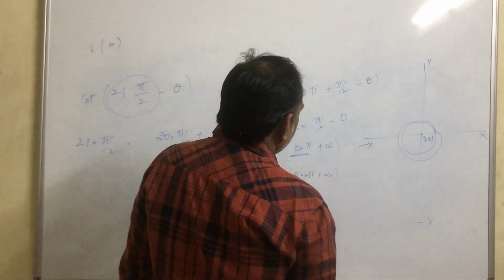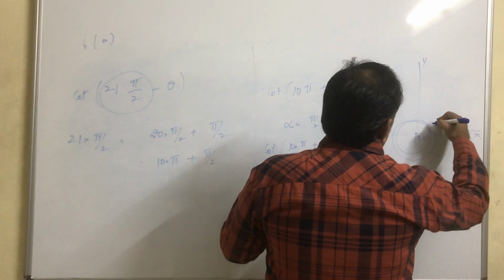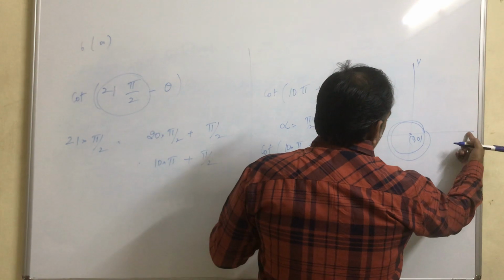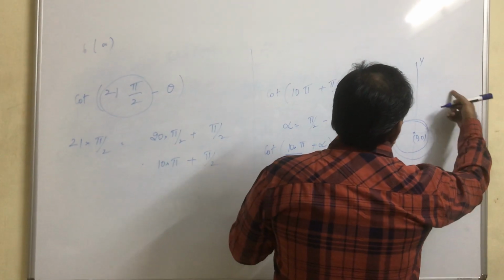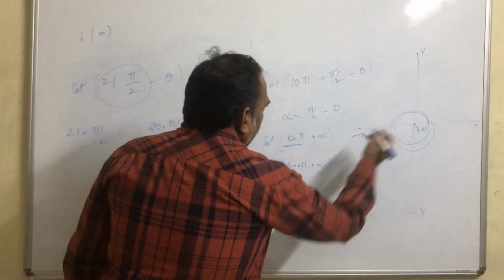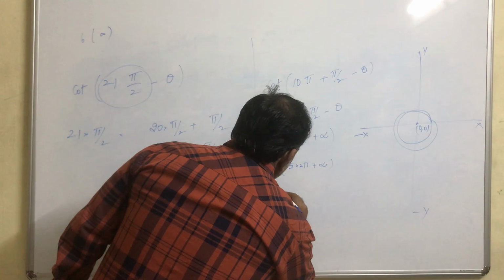So in which coordinate system is this? This is in the first coordinate, right? See, if you make 5 rotations, you are on the x-axis plus alpha. Alpha means we are in the first coordinate system. Okay, in the first coordinate, all angles are positive. So this can be written as